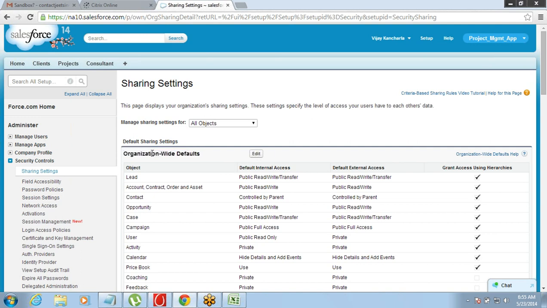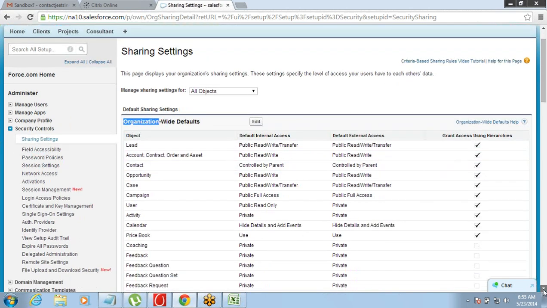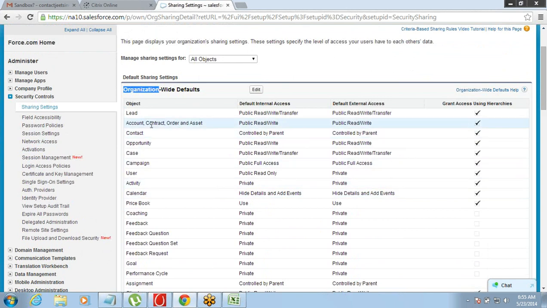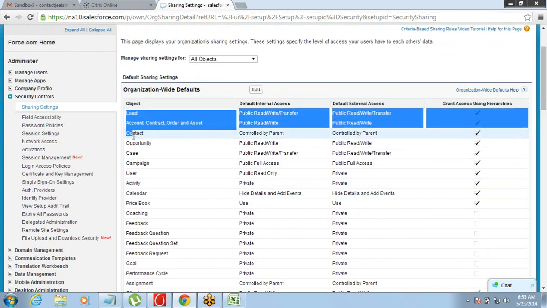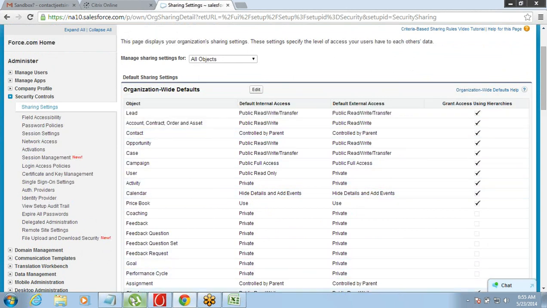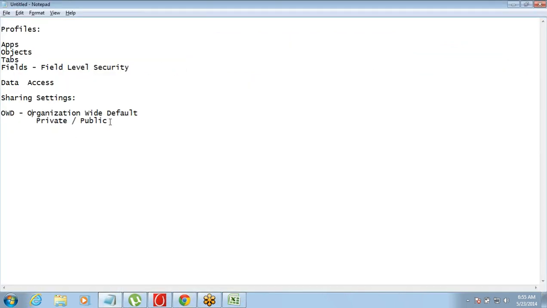So what is organization wide default? We have the list of all the objects. As I said, organization wide default means you have to define the data as private or public. Whatever you define, if you make it private, it will be private across the organization.